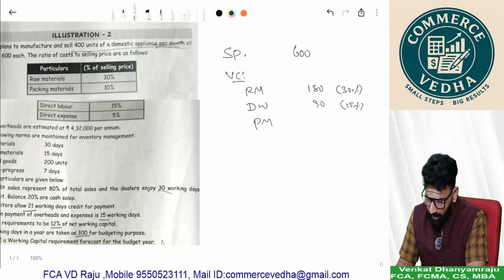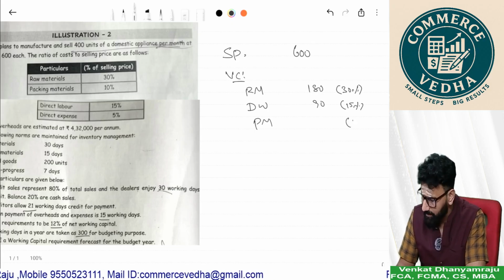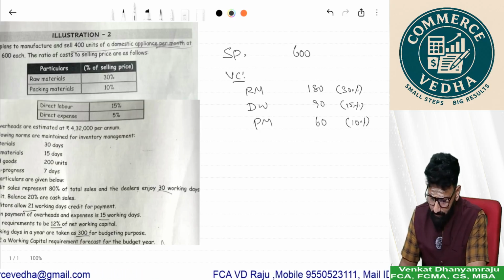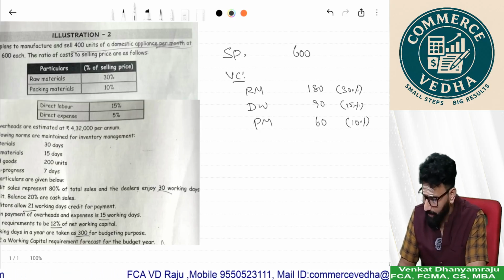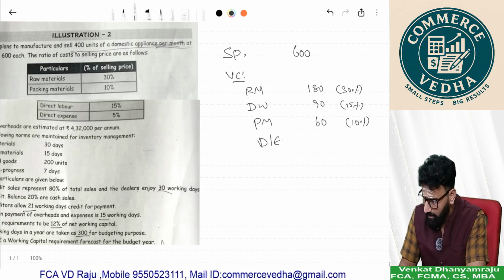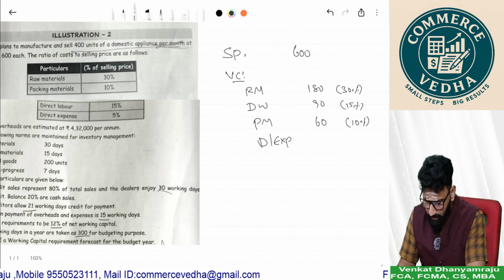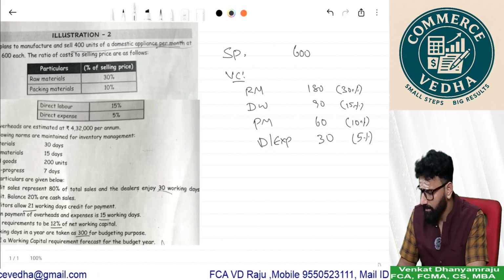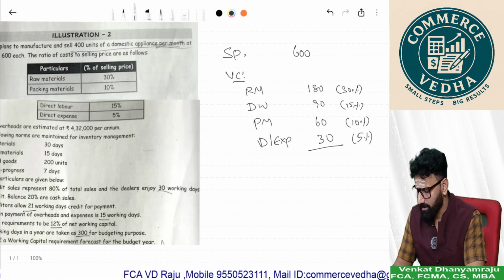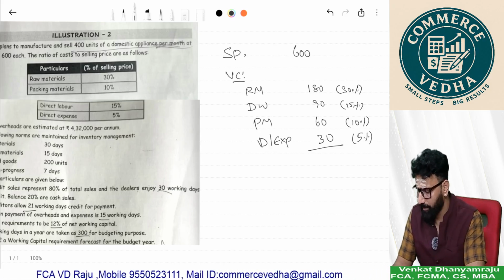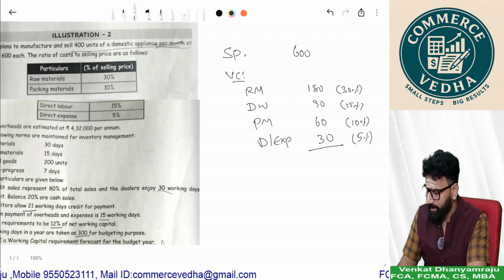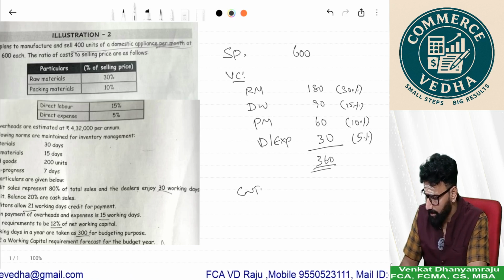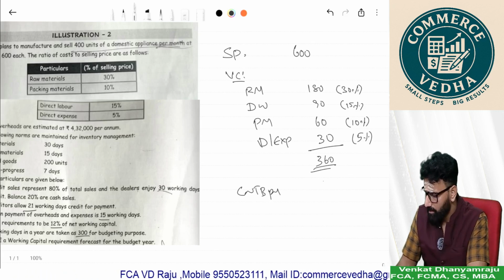Packing material is given as 10%, which is 60, and overheads, direct expenses given as 5%, that is 30. So your total variable cost is 180 plus 90 plus 60 plus 30, 360, and contribution per unit 240,